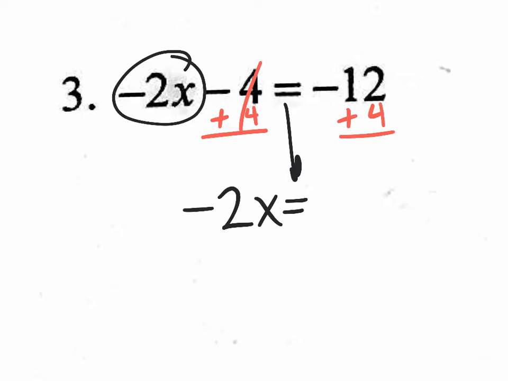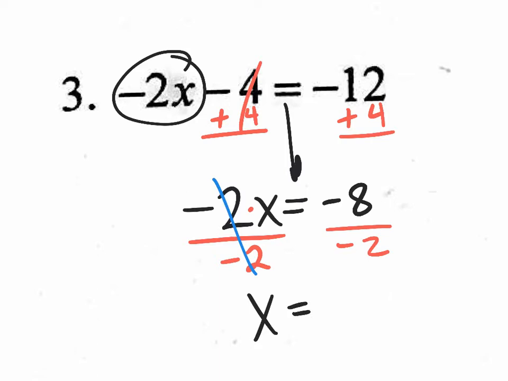And negative 12 plus 4, you owe 12, you have 4, you can't pay them off, you're still going to owe 8. Final step is to recognize that you have negative 2 times x equals negative 8. To get rid of the multiplication of negative 2, you're going to do the opposite, which is dividing by that same exact value, negative 2. It's going to cancel. What you do to one side, you do to the other to maintain the balance, to maintain the equality. And you have x